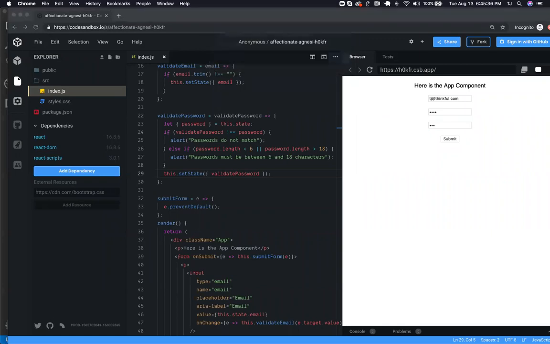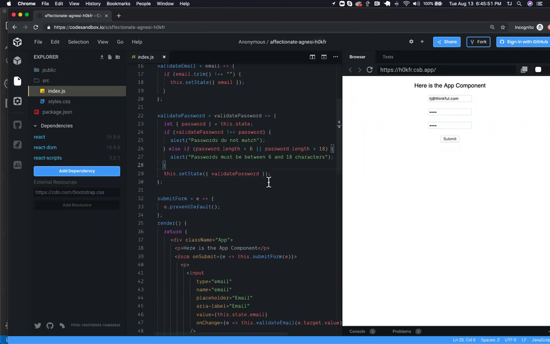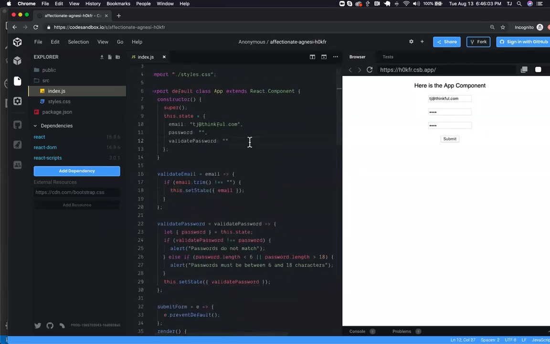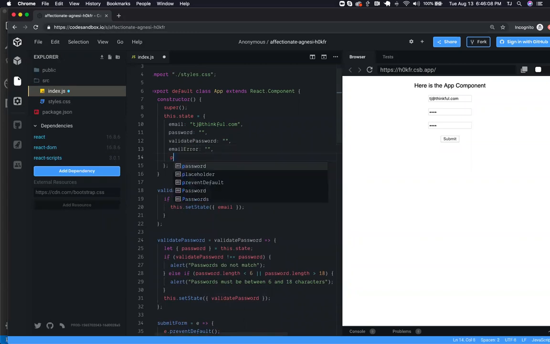Passwords don't match. And I have to get each one in there. And then if I type again, I'm still getting passwords don't match even though they do. Okay, now I'm getting the characters don't match. So what I could do instead of alerting is return something from this validate password. Or what I can ideally do is come up here and say email error is blank, password error is blank,